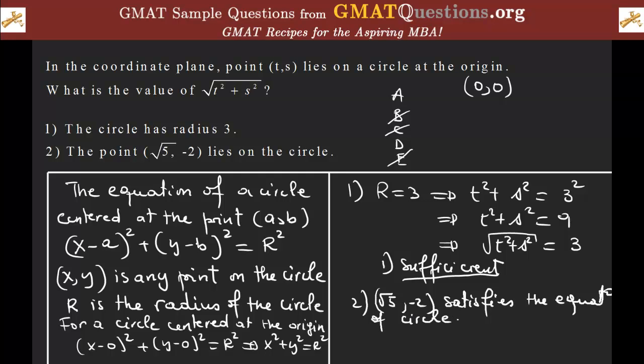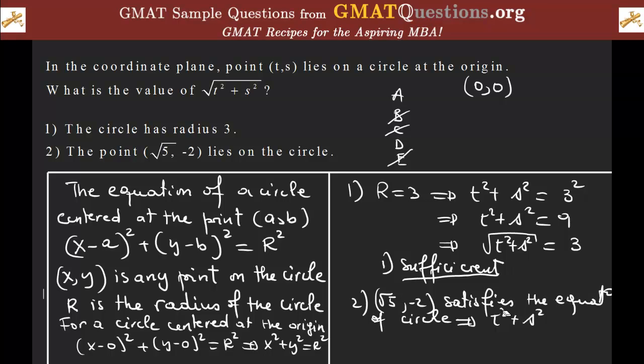In terms of the equation we have here, x squared plus y squared equals r squared. So we're going to have t squared plus s squared again is equal to,